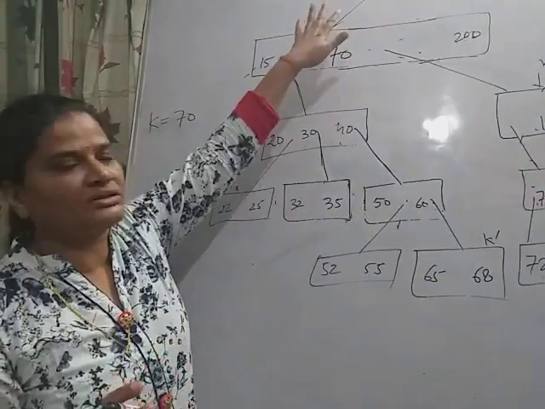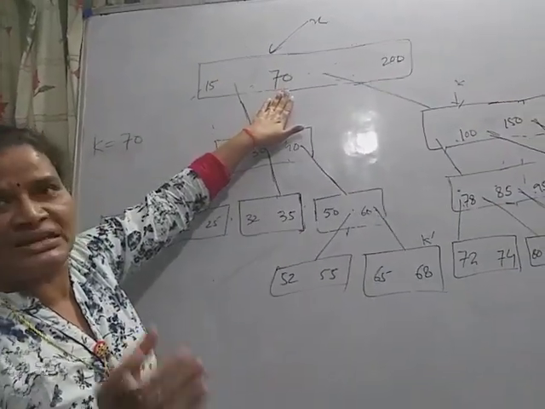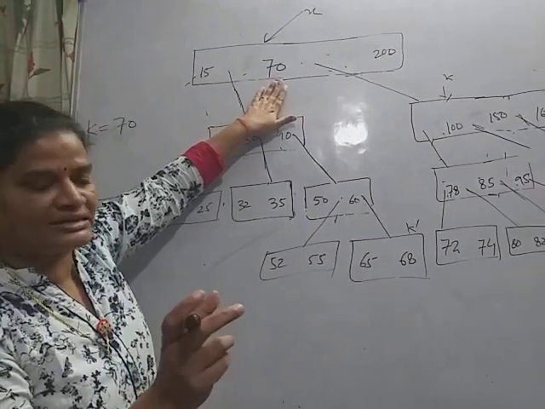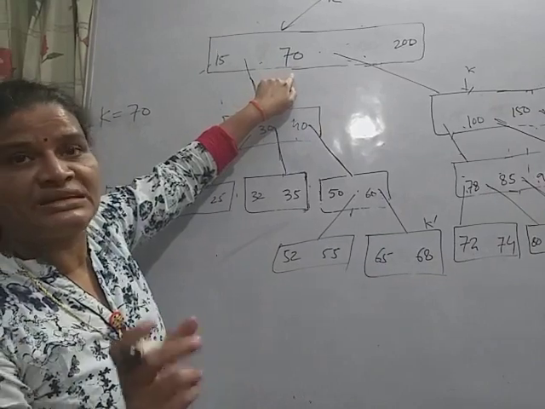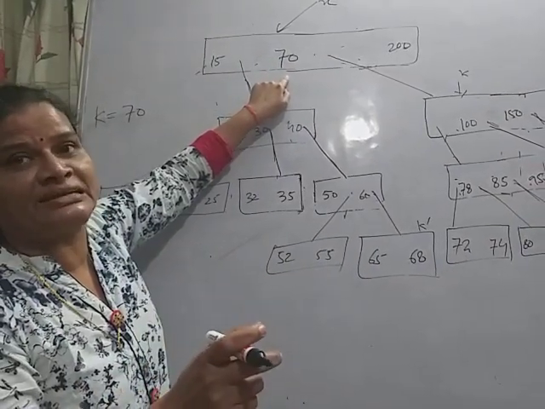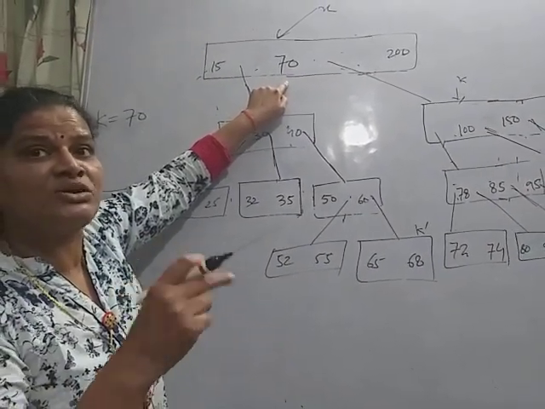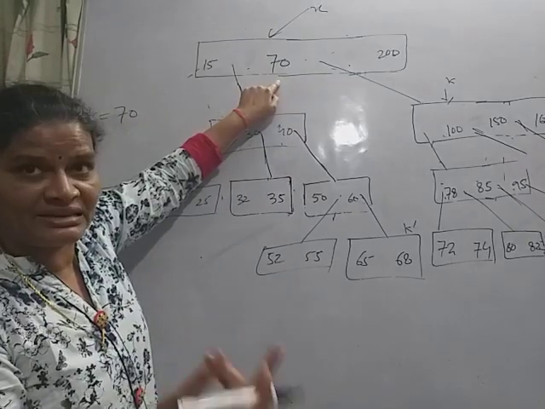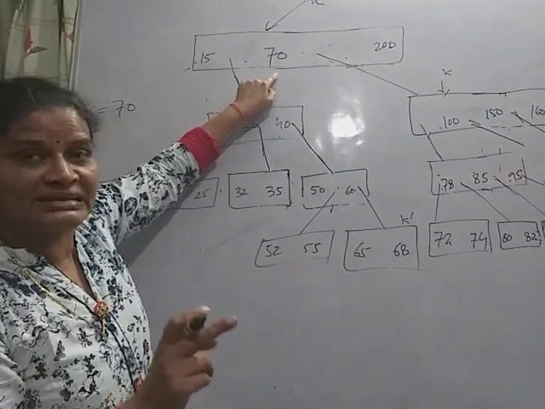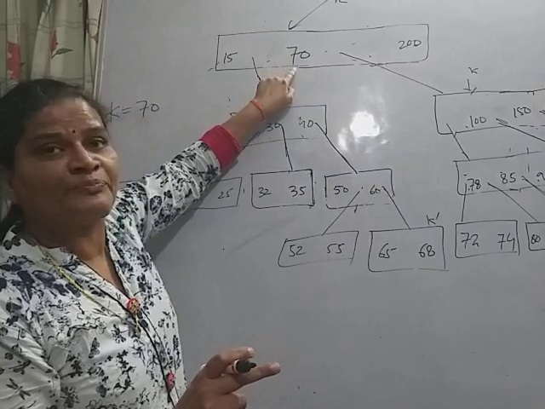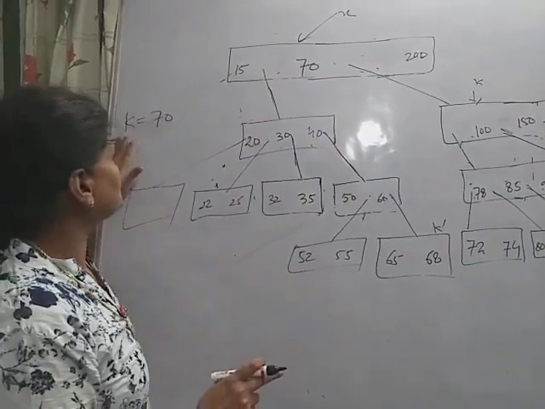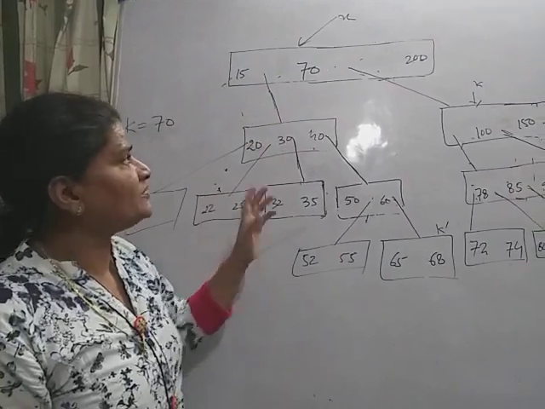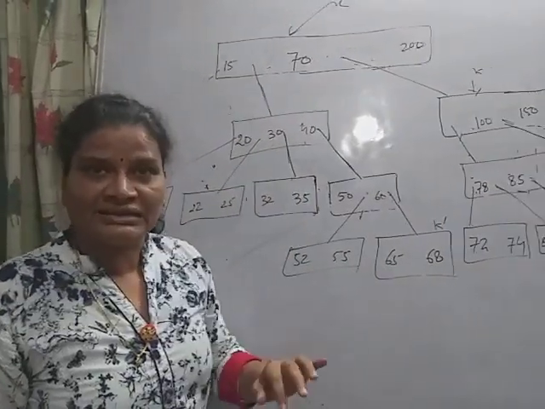Here I have not drawn the whole tree. So simply, at any particular time in the recursion, X is pointing to this node and the key to be deleted is present in the internal node. In the second case the key was not present in the internal node, and here in the third case k is present in the internal node. Okay, so suppose k is 70. There are again three cases.